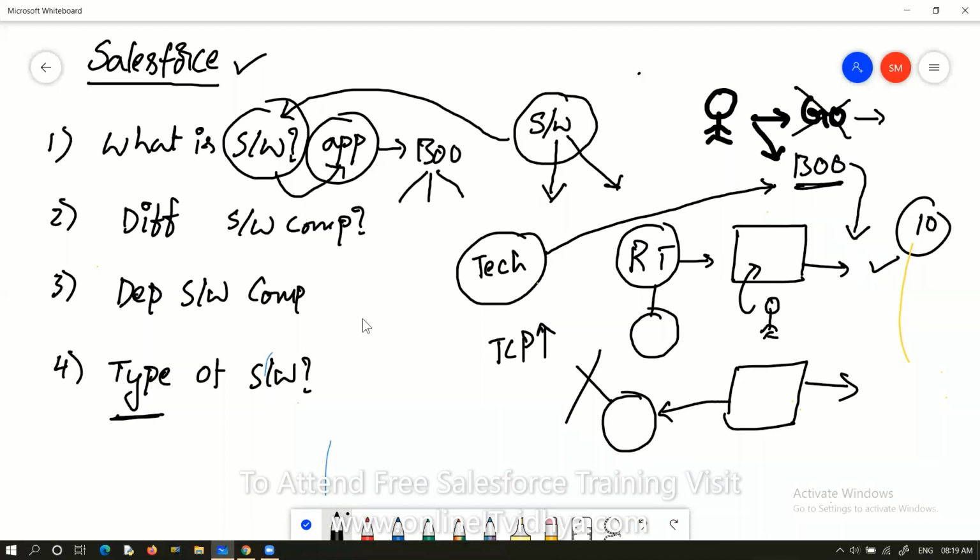Regularly, if you perform any type of operation, that is a general operation. We need not worry about this general operation. And one more technical definition is there for the software: software is a collection of programs. Maybe you may have heard about this one. Yes, that is also correct.